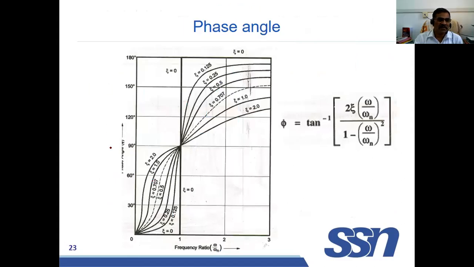See this graph, this is the phase angle phi, this is frequency. When the phase angle is equal to 90 degrees, omega by omega n is equal to 1. When omega by omega n is equal to 1, the phase angle is 90 degrees. Less than 1, the phase angle is less than 90 degrees. If omega by omega n is greater than 1,